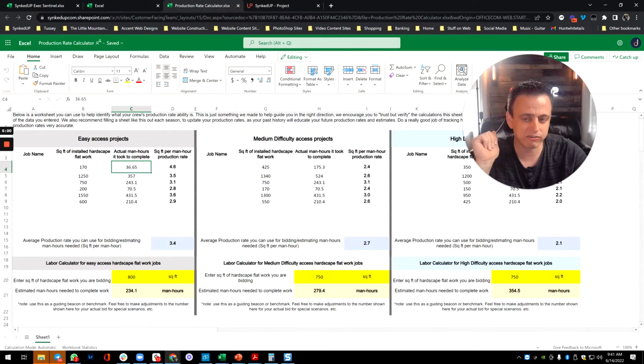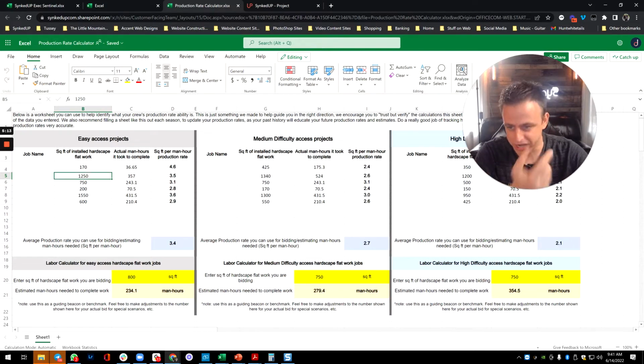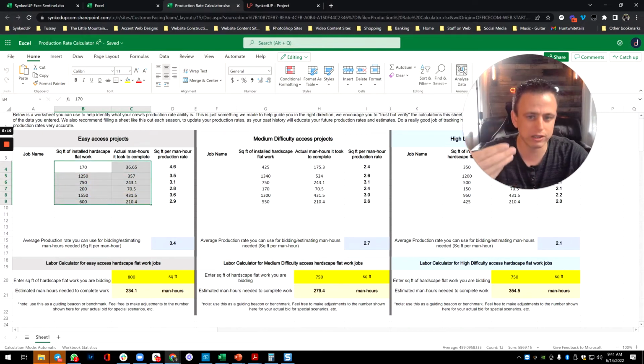So what that means is every time I do a job, I come in here and I plug in 170 square feet. Took me 36.65 man hours. I got that tracked either in my app or on a spreadsheet or even on pen and paper, whatever it is. But I'm plugging that in here, okay? And then next job I do the same thing. Plug that information in. Next job I do the same thing. And I repeat that. Obviously, the more you do it, the more accurate your production rate becomes. But I would say at least have half a dozen entries in here to get a good solid